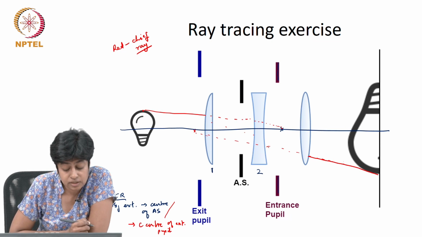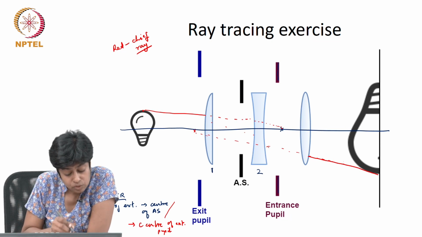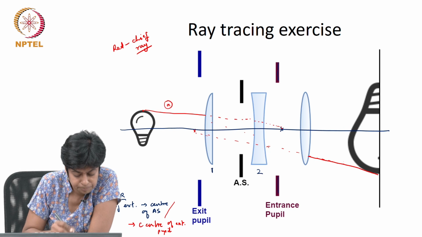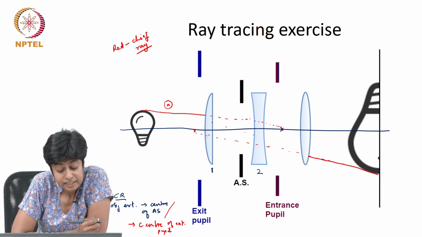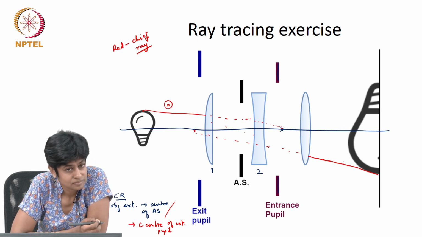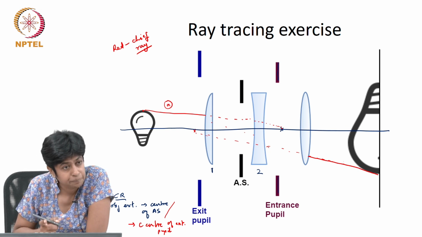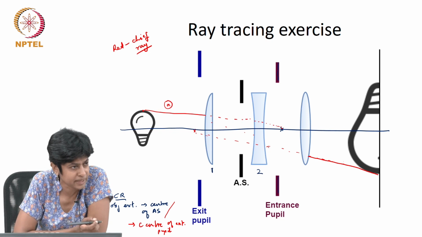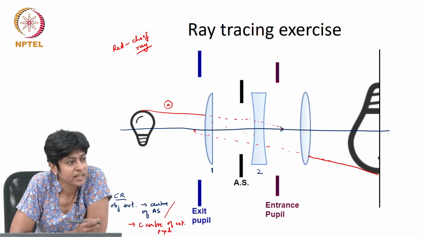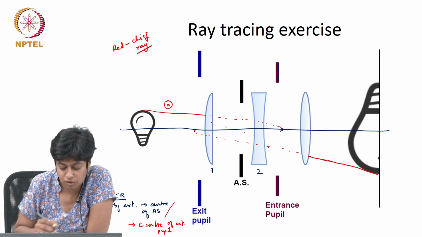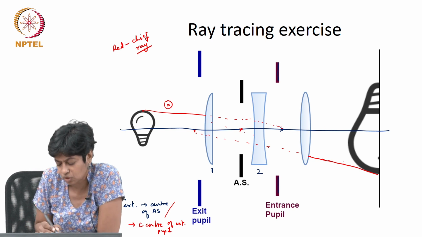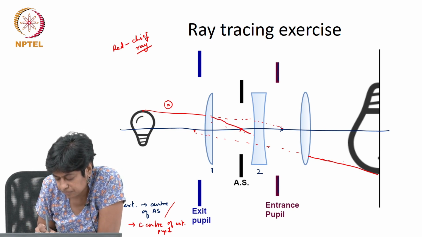What can I draw next? Well, when I go back to this first part, so this is the first part that I traced, it is going to bend at the lens. What's the next element it happens to go through? It happens to be seeing the aperture stop next. Now we know the chief ray has to go through the center of the aperture stop. So, this is the center of the aperture stop. So, I am going to draw this,